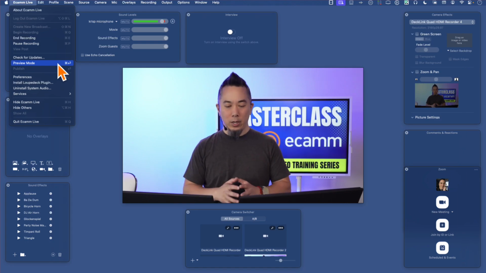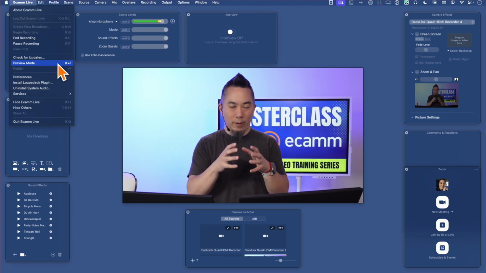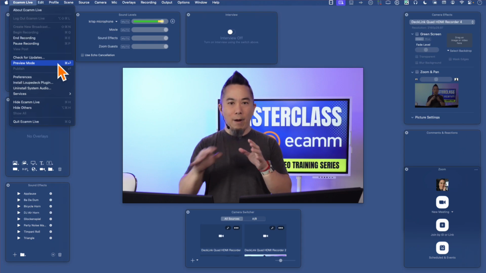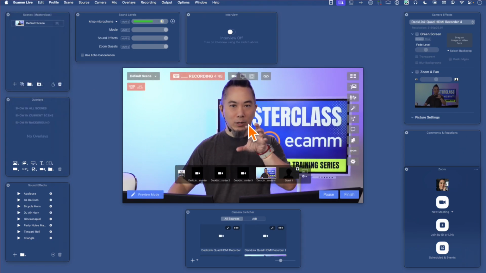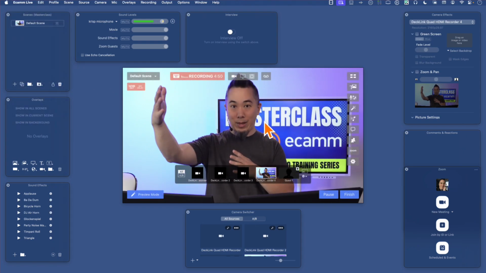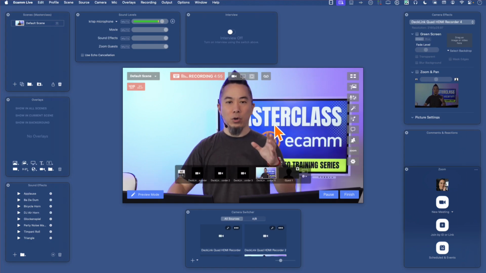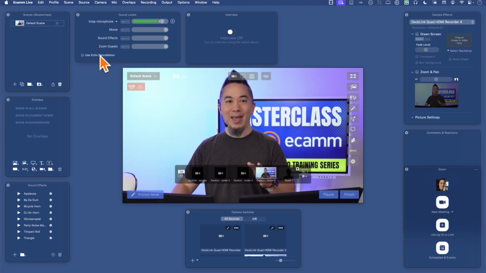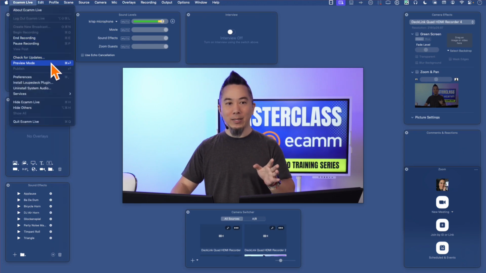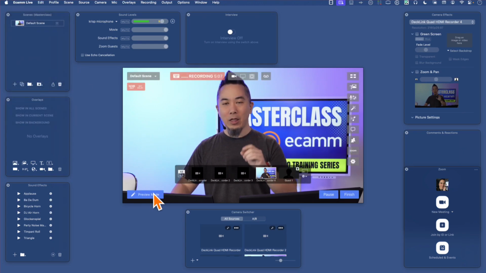This essentially converts your Ecamm Live from the mode where everything you change inside of this preview window goes real-time live, it actually causes you to move into what's called preview mode so that you can make some changes in the preview area and then click on the publish button to make that happen in the live recording or in the live stream. That menu item here is the exact same thing as this button at the bottom left